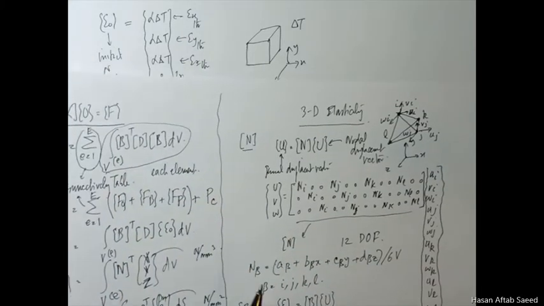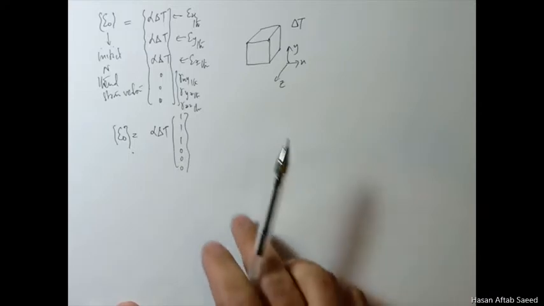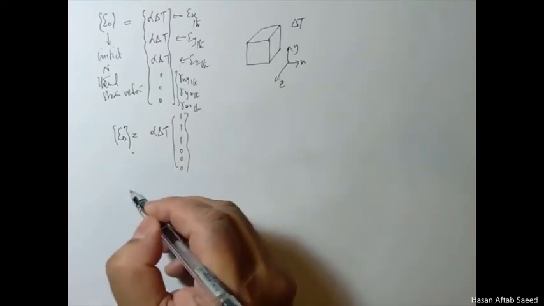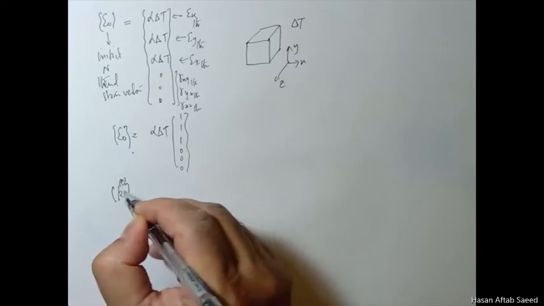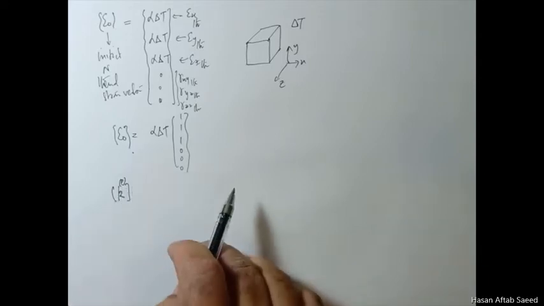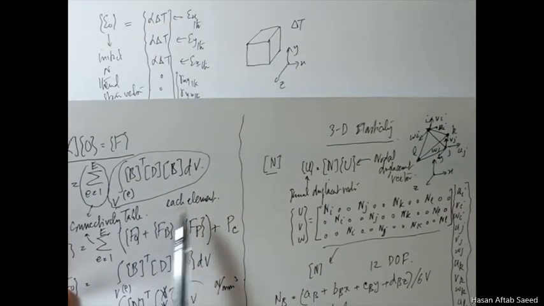So we cover the whole area. Now the next step would be to use these to get the expressions one by one. First of all, we start with the K matrix. Again, we are talking about an element K matrix, and what we talk about here is this expression only,